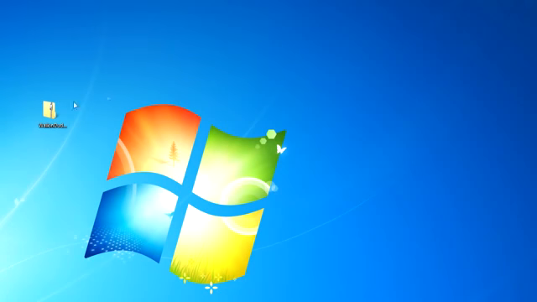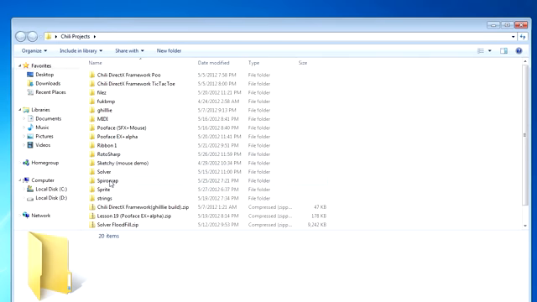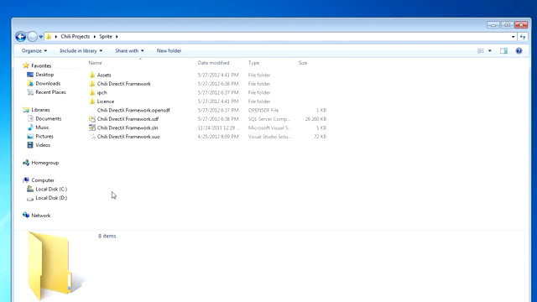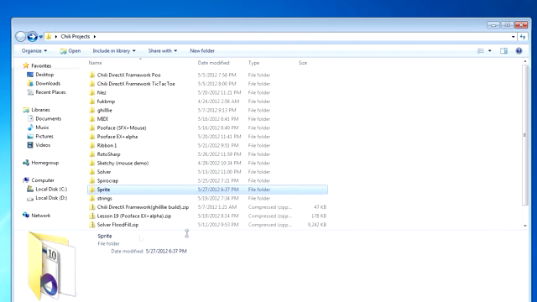Today we are going to be loading sprites up. I know a lot of you guys have been pestering me about this for months already. But I think we're finally at the point where we can do it. So let's do it. I want you guys to create a new